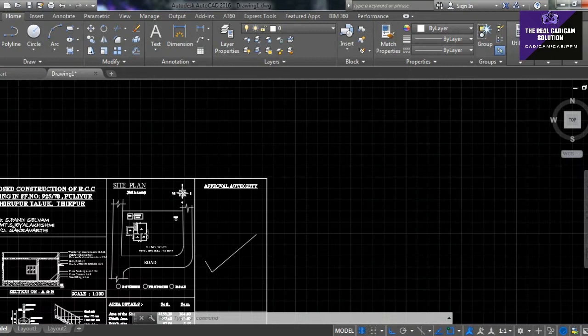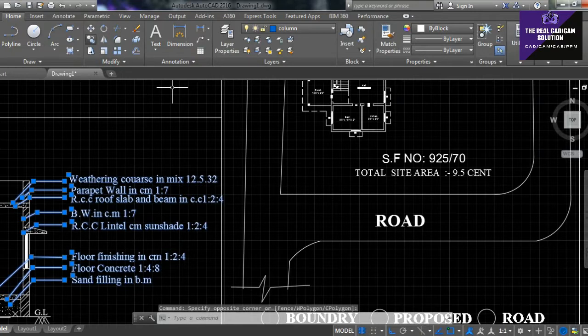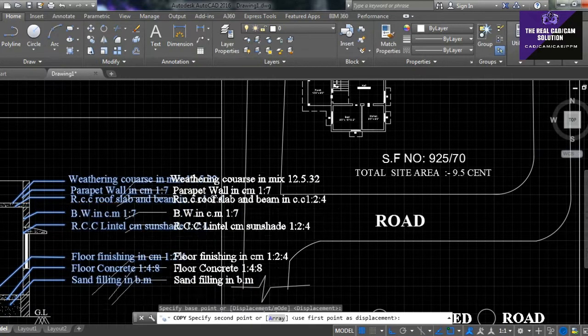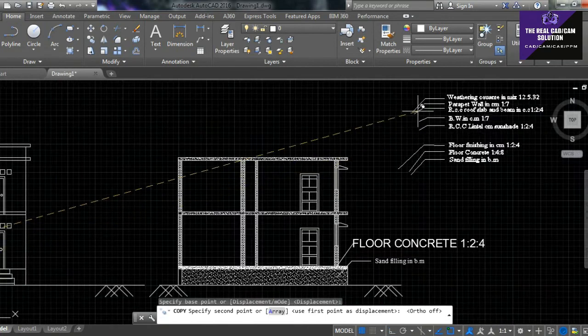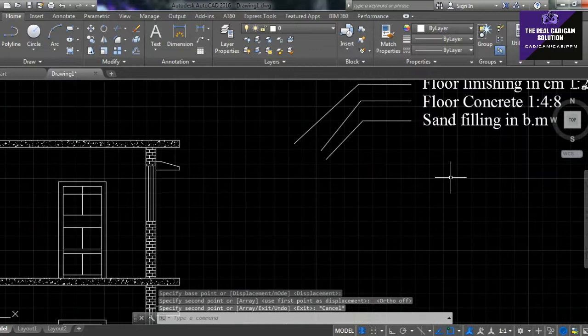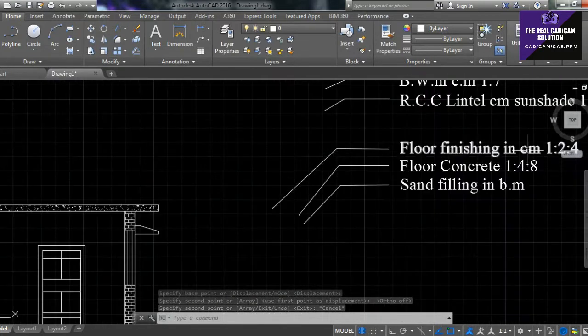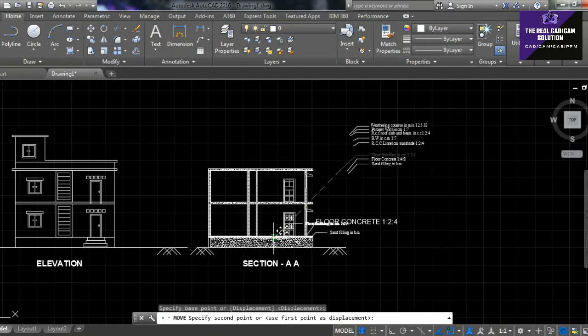I just copy all this text, but you must do the text with a click and write using the leader option you see here. Why are you choosing it? Because it is the same option, that's why I'm going to copy this area. Okay, this is my floor finish.